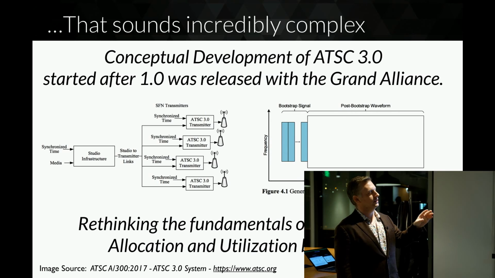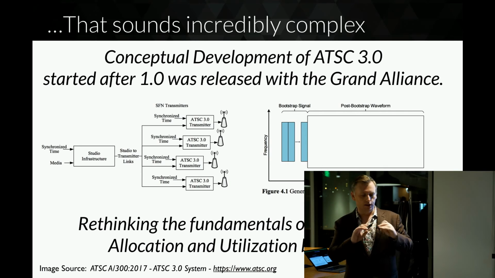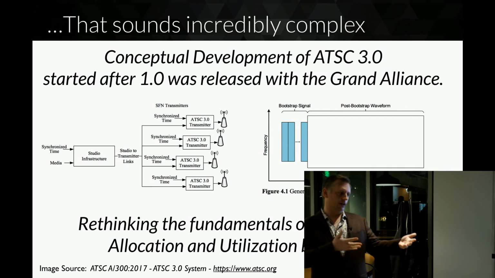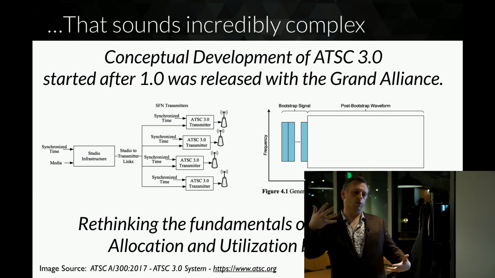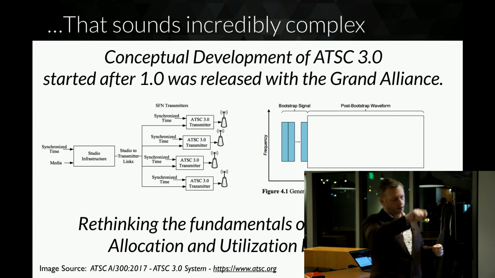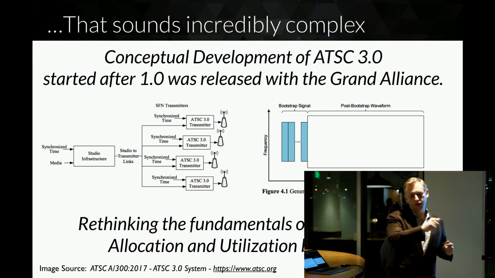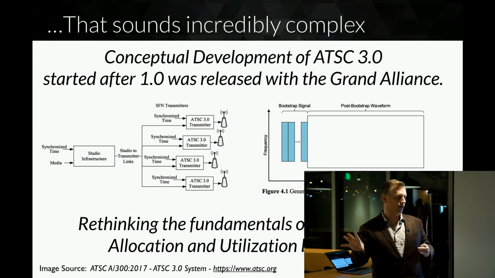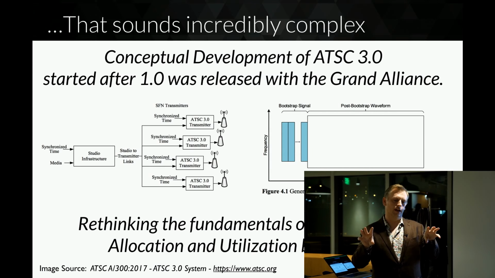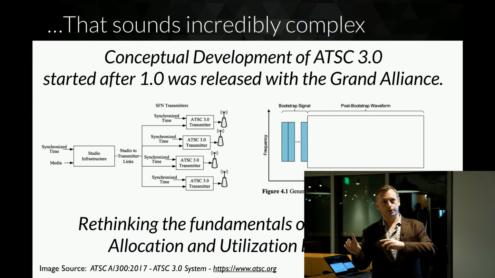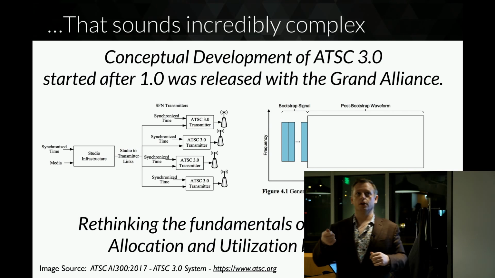it started with the realization that they were getting themselves locked into a corner back with what's called the Grand Alliance. This was when they first came up with, they were fighting between 8VSB and QAM. 8VSB, vestigial sideband, is radio oscillations, with certain carriers that oscillate through, and then there's QAM, which is a constellation model. Back in the mid-90s, those were so innovative because previously, and I don't mean to go into too much technical detail, it was either frequency division multiplexing, time division multiplexing, or CDMA.